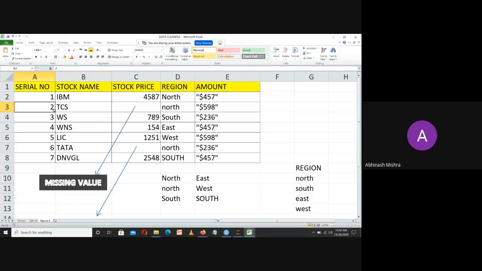Now if I'm saying how will I be cleaning this data, how will I be dealing with this value, what will be the value? Now there are many big questions for it. What will be the value for a missing value?